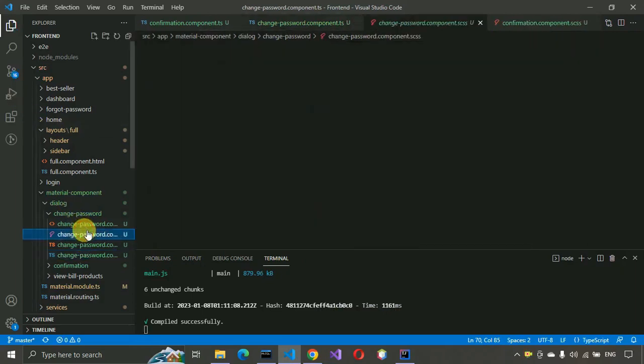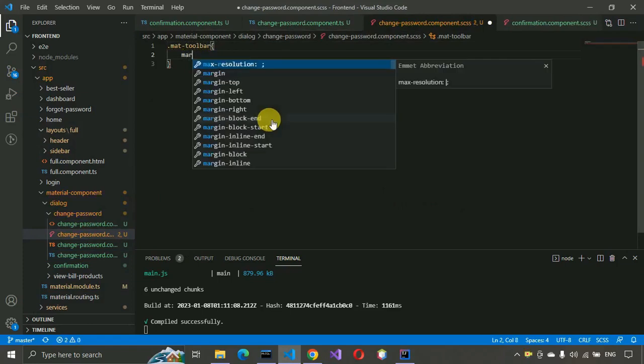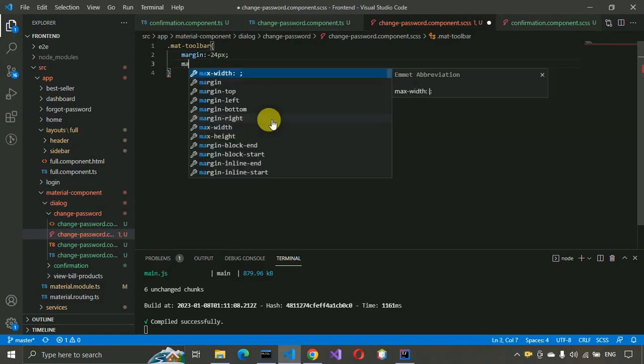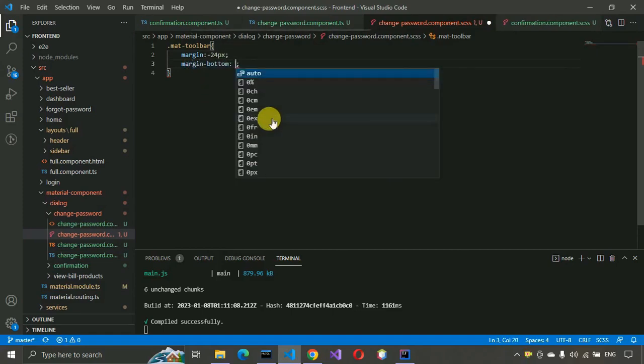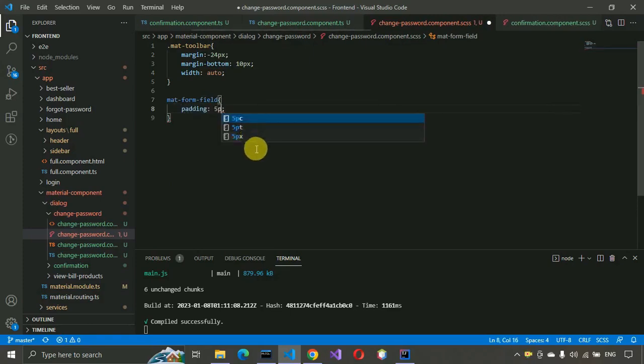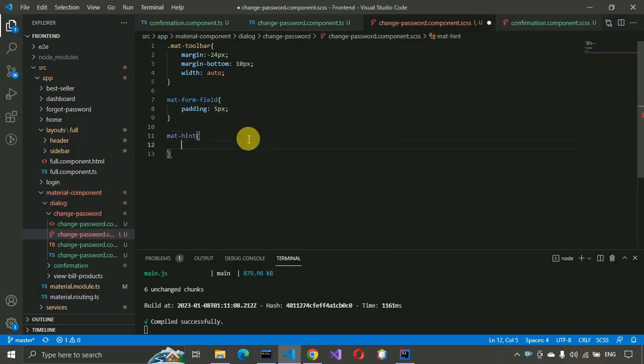Now we have to go to the CSS part of this component. So mat toolbar, and here we have to write margin minus 24 px, and margin bottom 10 px, and here we have to write width auto, and mat form field and padding 5 px, mat hint color red, this one,